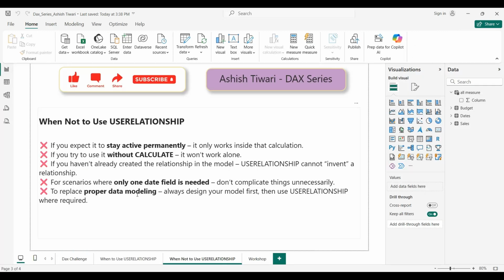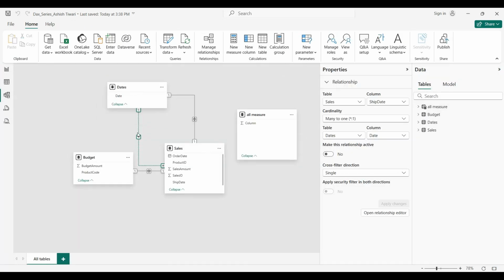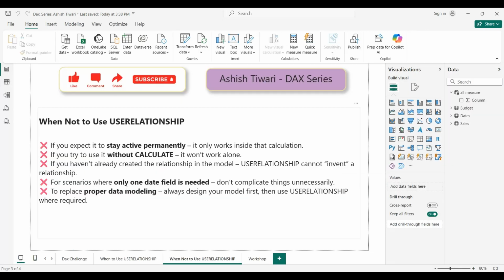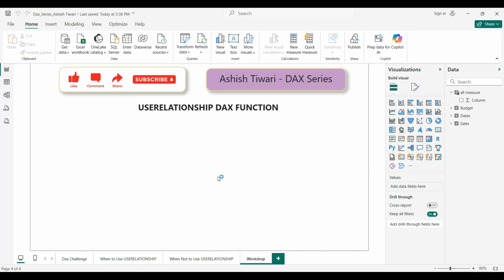And it is not a replacement for proper data modeling. Always design your model first, then use USERELATIONSHIP. So it means if you have not modeled your data model and your cardinality, then don't use this without that. First you complete your data model, then start using that. Okay. So now we know when to use and when not to use, and let's now come into